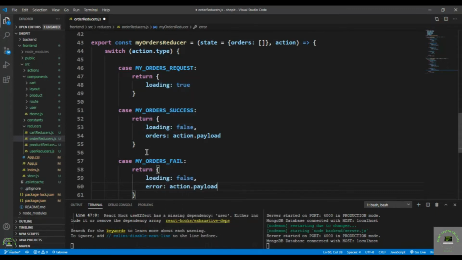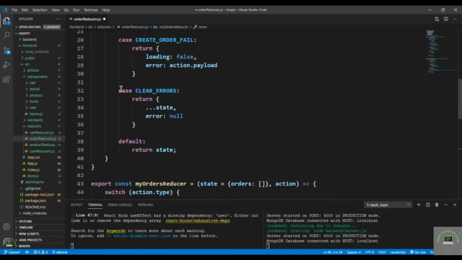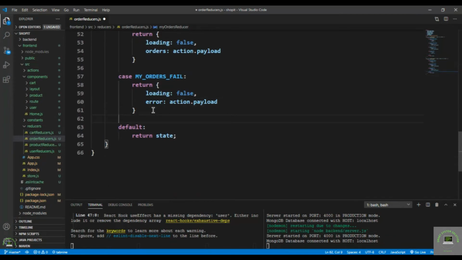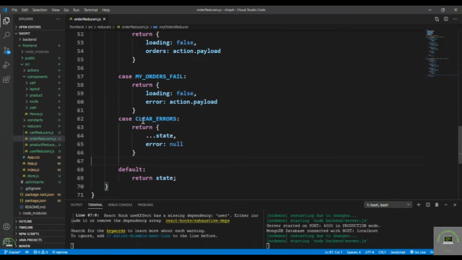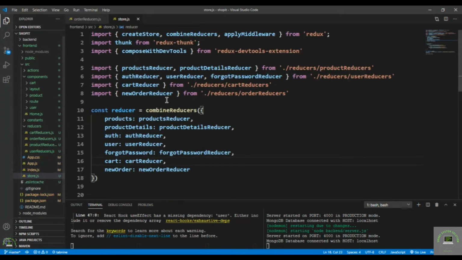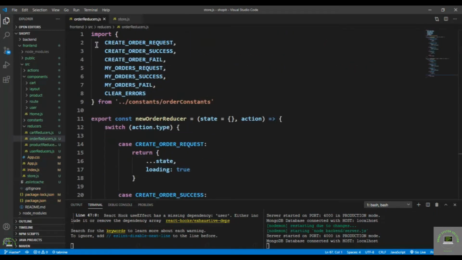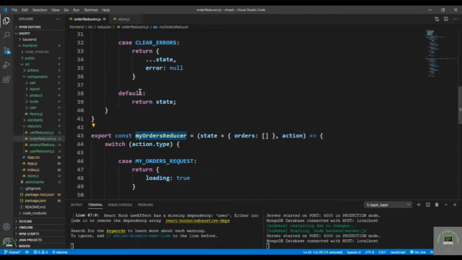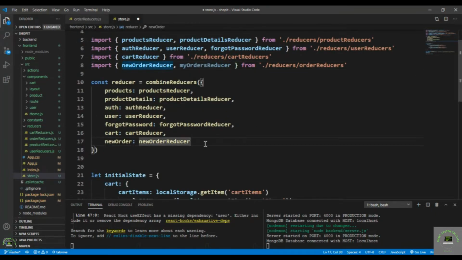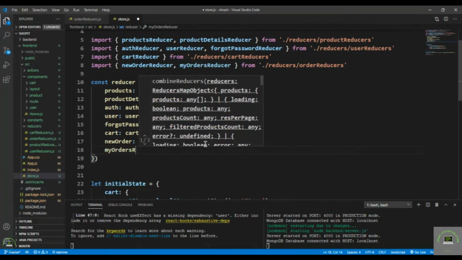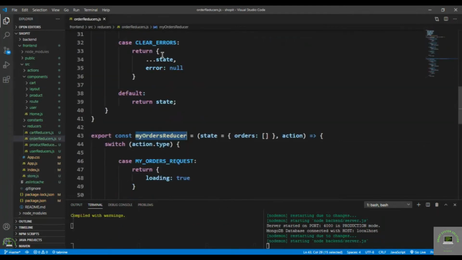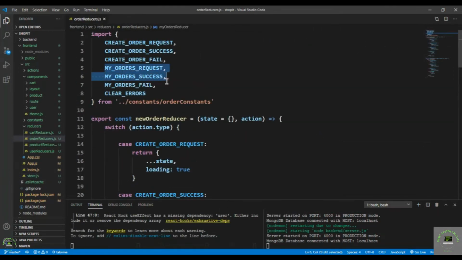Then also bring in our clear errors here, so simply copy this one, Control C, and put that right here. Alright, simply save it, and before that I go to my store.js and bring in here the my orders reducer, so Control C from here, put that here, and that will be my orders and my orders reducer. Simply save this one, go to top, and let's copy these three constants,